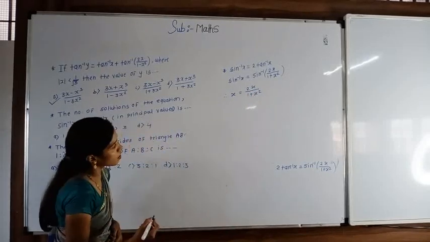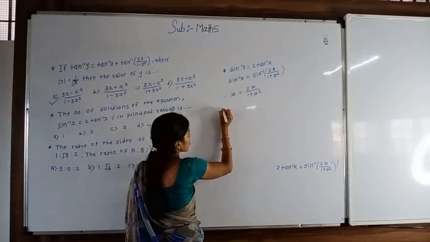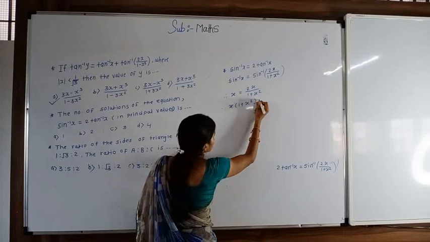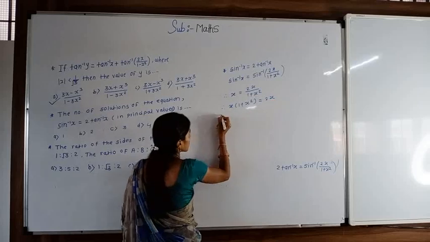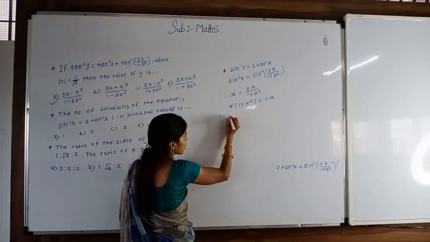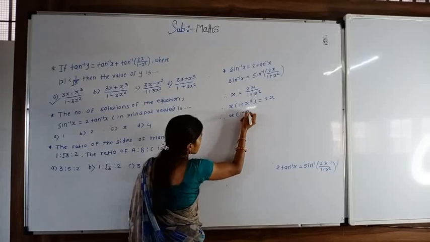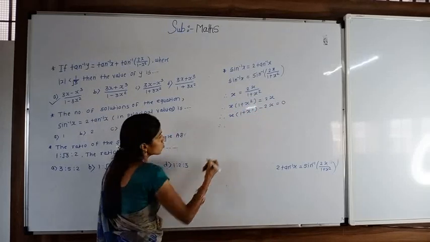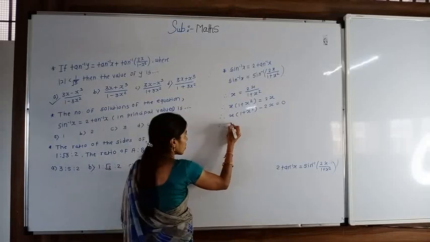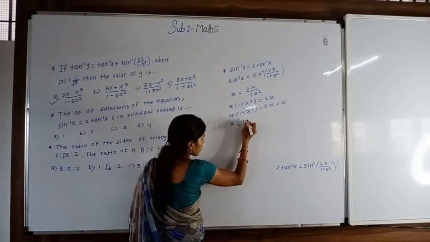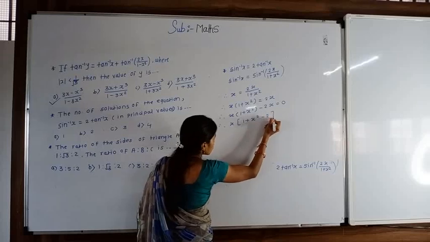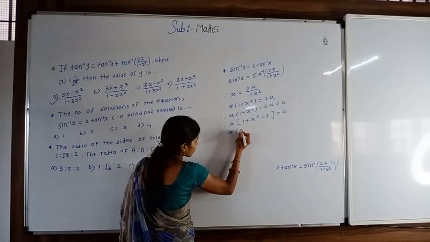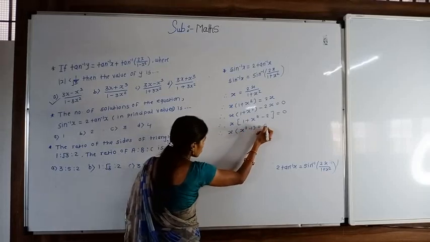So in that case, take cross multiplication of these two terms: x times (1 plus x square) is equal to 2x. Take all terms to the left hand side, we can write x into (1 plus x square) minus 2x is equal to 0. Now take the common factor x of both terms. In bracket we can write 1 plus x square minus 2 is equal to 0. Now simplify this bracket, we can write x into (x square minus 1) is equal to 0.